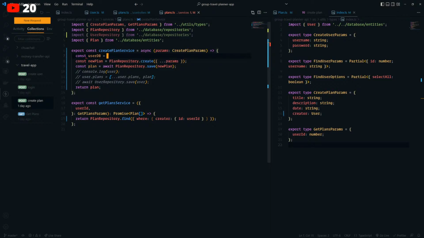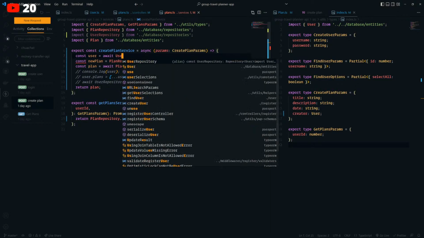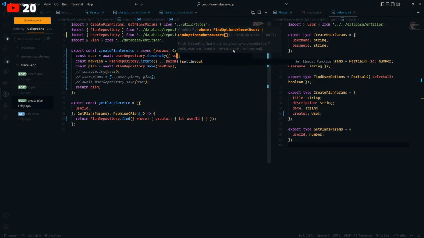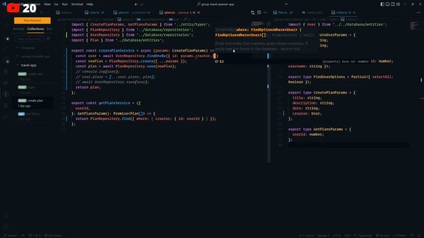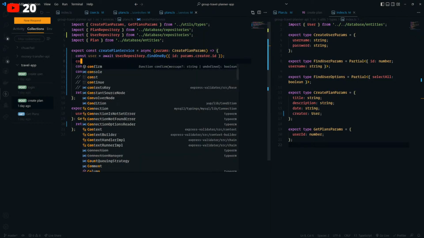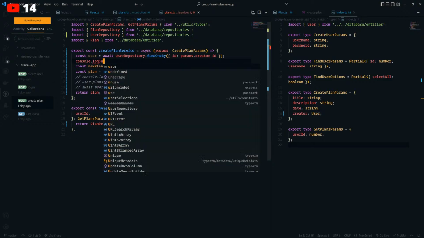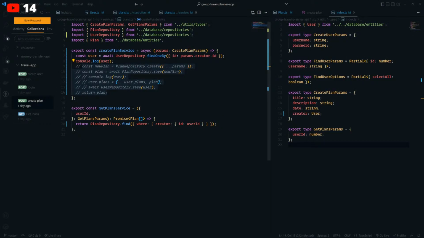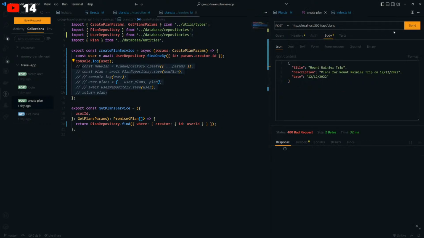We'll do user db find one by, and we need to find by the user ID, so params.creator.id. We need to make sure that when we get the user, the plans array is there, because right now it's throwing an error because it's undefined, which is normal.